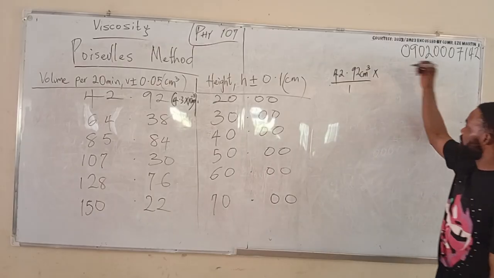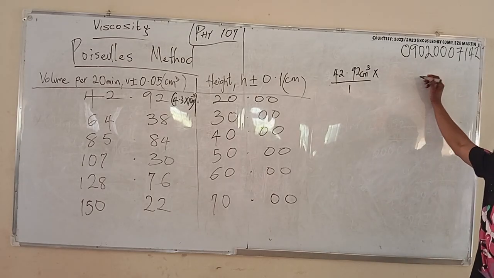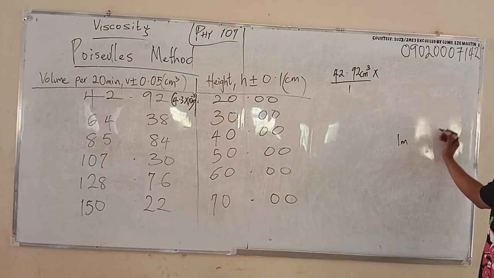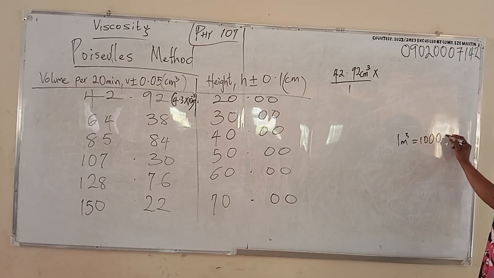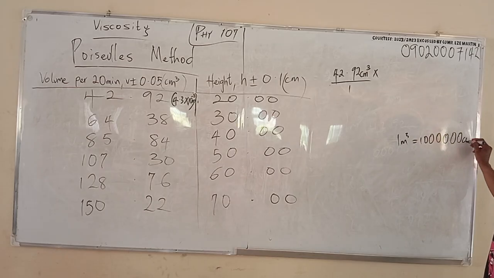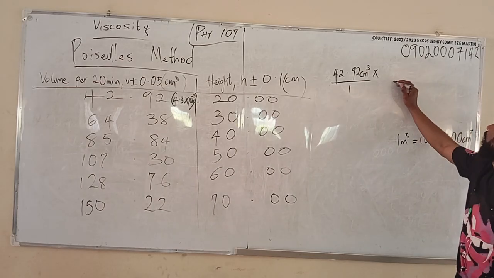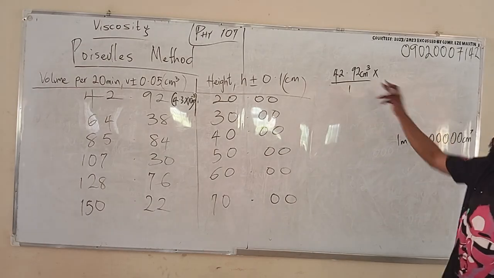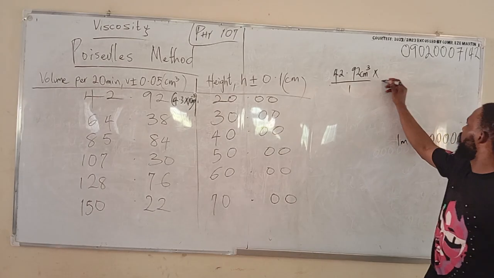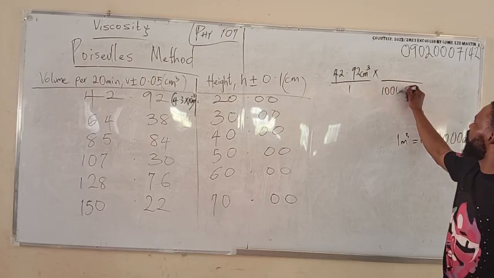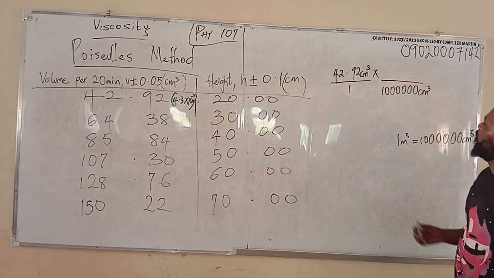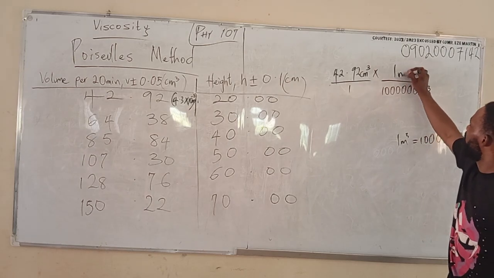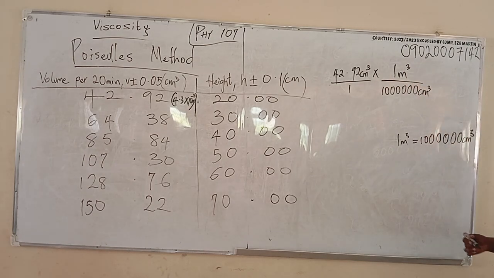Now, 1 meter cube is equal to 1 million centimeter cube. So I put centimeter cube where it can cancel centimeter cube, all over 1 million centimeter cube. Now times